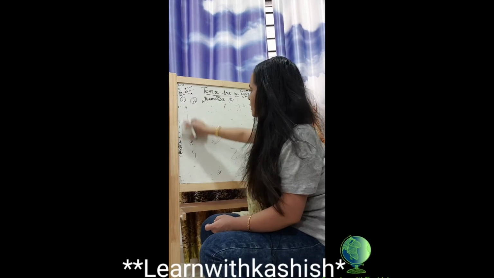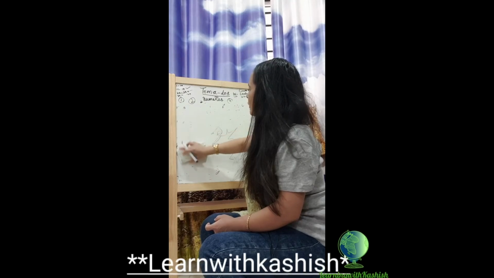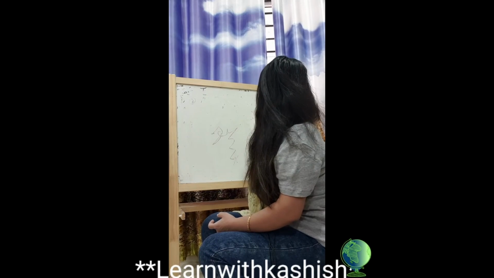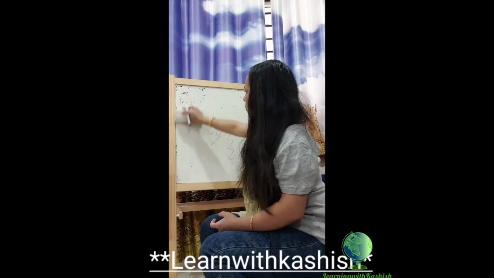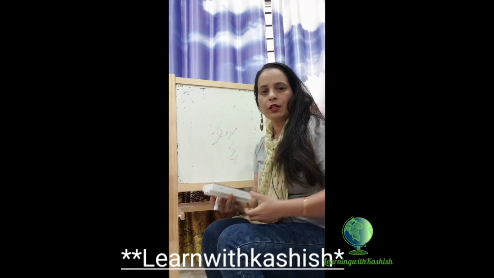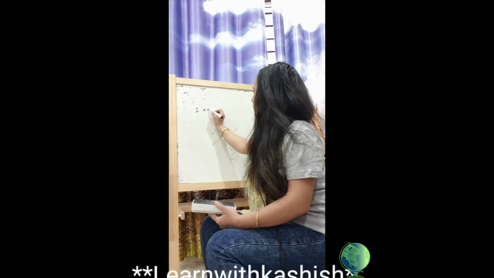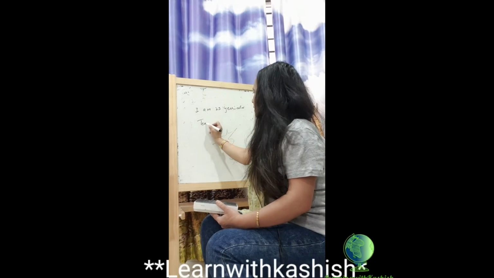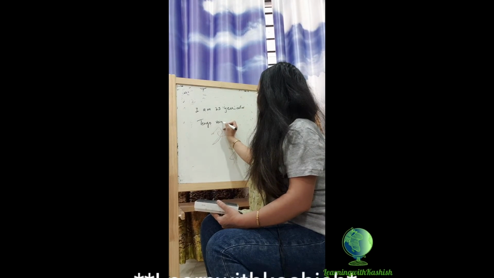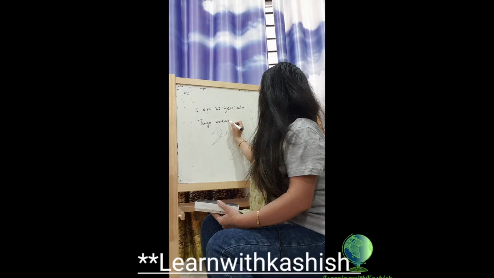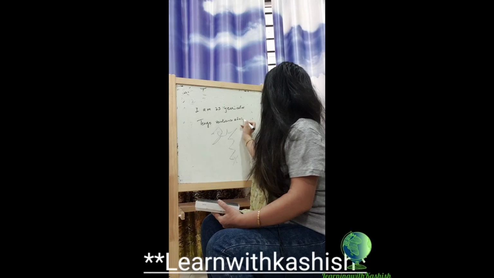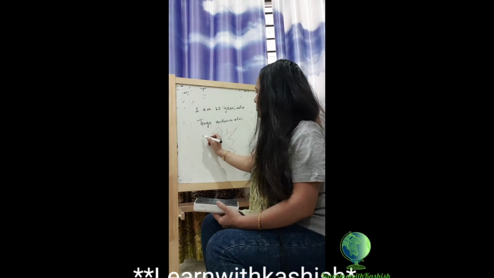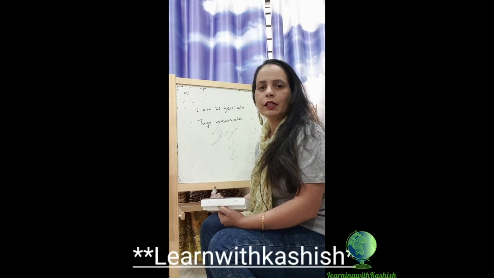You can tell your house address, you can tell your date of birth, you can tell how old you are. Like if somebody is asking how old are you, then you can tell your age. Means suppose you want to say I am 25 years old. So tengo 25 años. So I am 25 years old. Similarly, house number, you can tell what is your house number with the numbers.